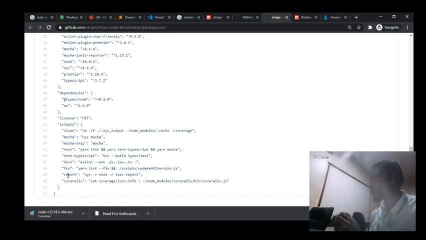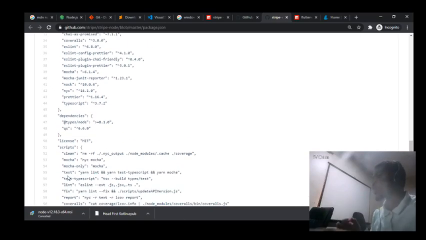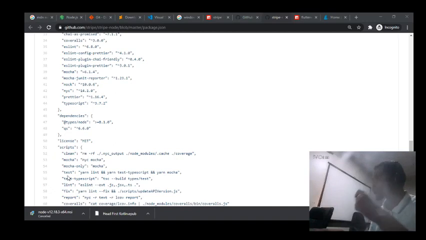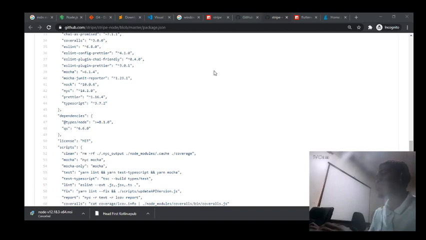Some are for testing our code and ensuring that we are writing world-class code, and others are to ensure that we are writing code that is conformable to industry standard, right? So we have looked at a package.json file, the first file that you should look at anytime you are creating a Node.js application. So if you want to create a Node.js application, what will you do, or what should you